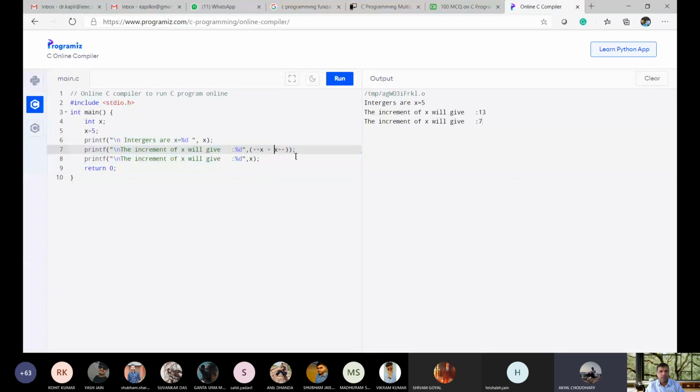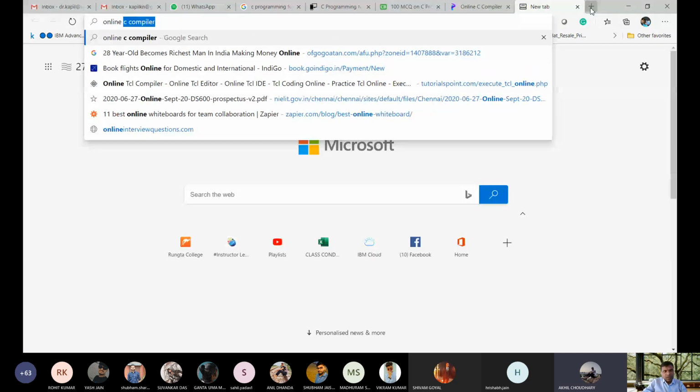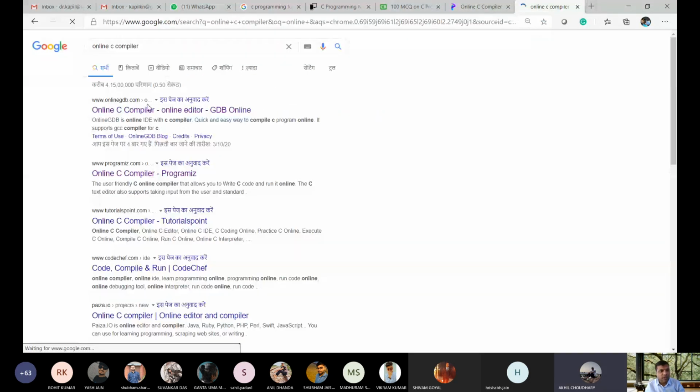Plus x and x plus plus. So this will give you 5 plus 6, 11, and this is not the correct answer. Let me check an online C compiler. GDB C compiler is already available.